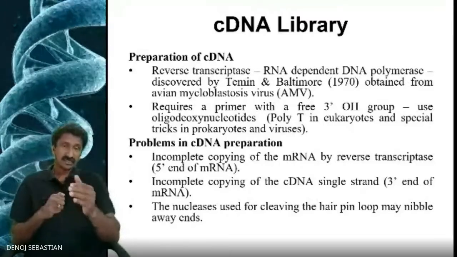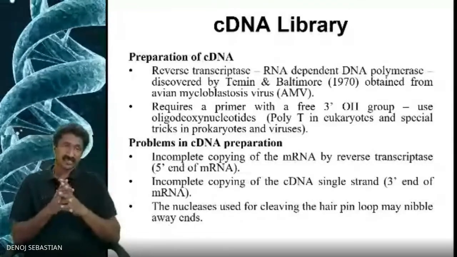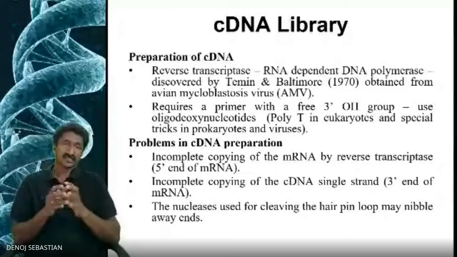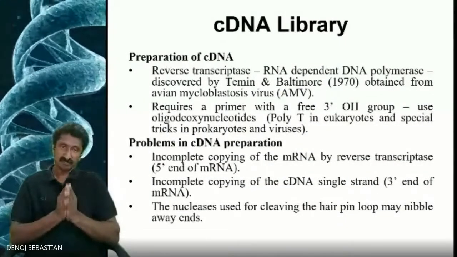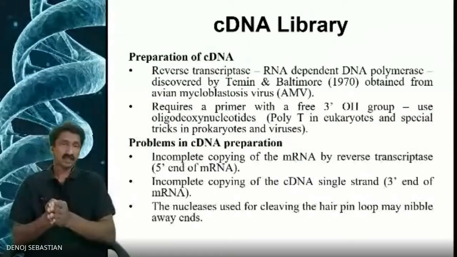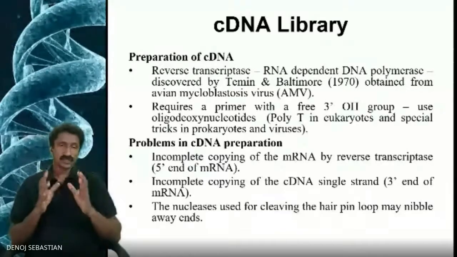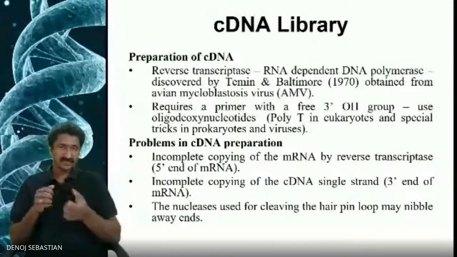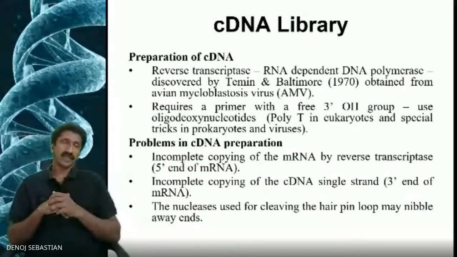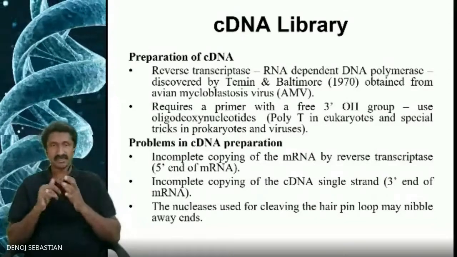For example, if you require a primer with a free 3' OH, a poly T primer can be constructed. There is a poly A tail at the end of all eukaryotic mRNAs, which will bind with the poly T primer which is provided, and it will amplify. So a poly T, commonly used, will amplify all eukaryotic mRNAs, whereas we require special tricks for prokaryotes and viruses where such a poly A tail is missing from the